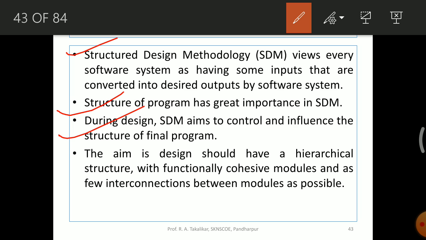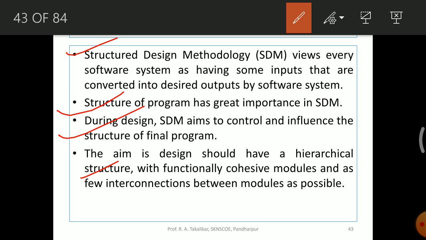That means whatever is the ideology of SDM, its influence will be seen in the final program. So the aim is that the design should have a hierarchical structure, having the main module at the top and subordinate modules at the bottom, and it will be repeated until the last module comes in the hierarchy.